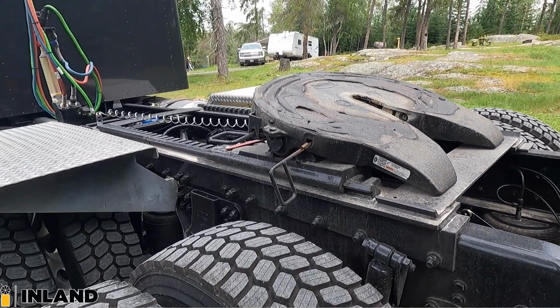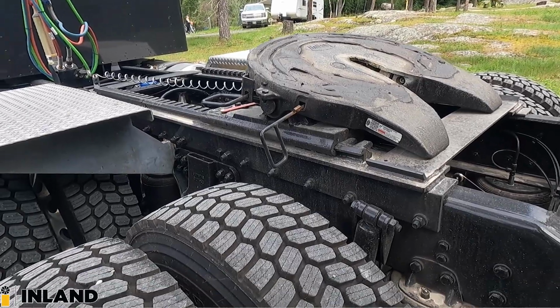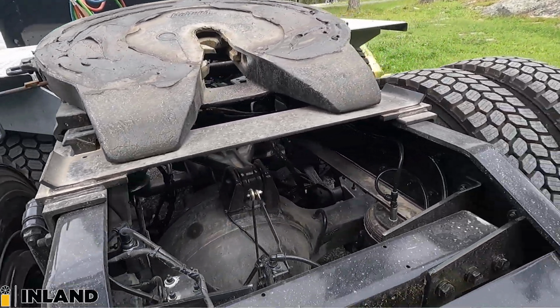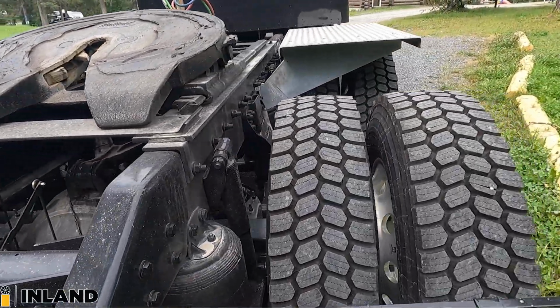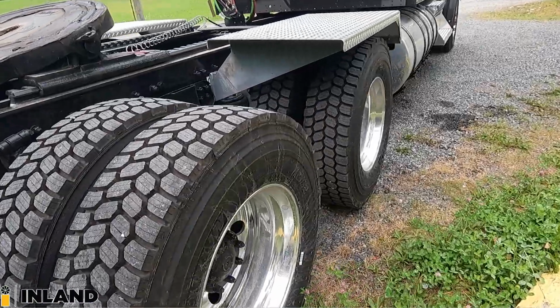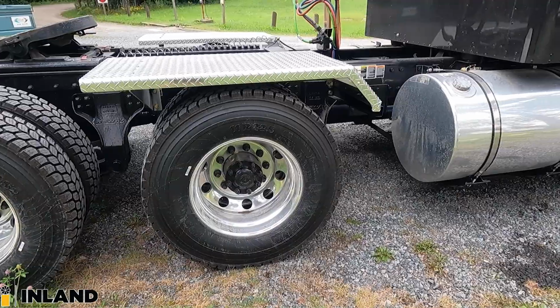So this is the Holland 70-ton with a dual lock mechanism on there for the fifth wheel. Full lockers on this truck as well, and we got drum brakes on it all the way around. As far as the rims, we got the Durabrite mirror finished on the front and back, so that's a really